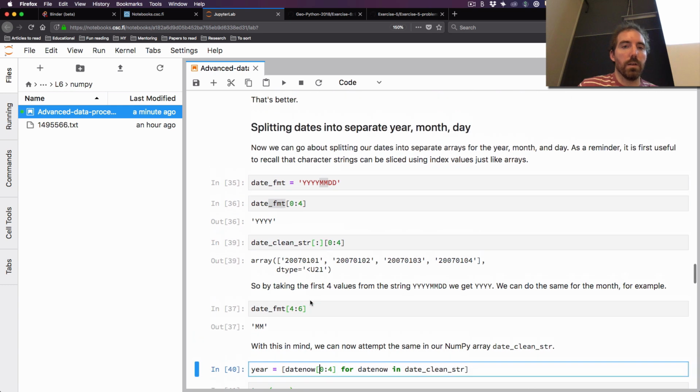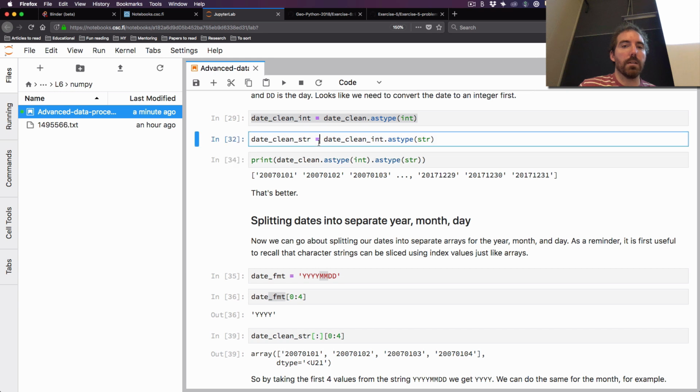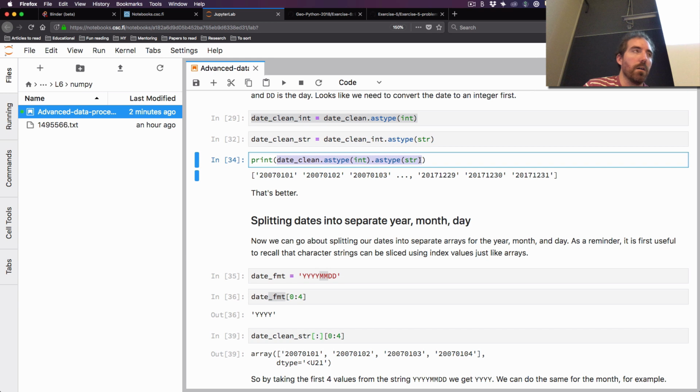Here. So this was okay. This as type int, as type str. I guess, did you do this date clean str equals date clean underscore int? I guess it must exist in some way, because otherwise it would give an error message when you try to use it. Yeah. But because here, all I did was just print out date clean in the format of a character string. I didn't actually assign it to anything, so it's possible it was never assigned to date clean underscore str, but